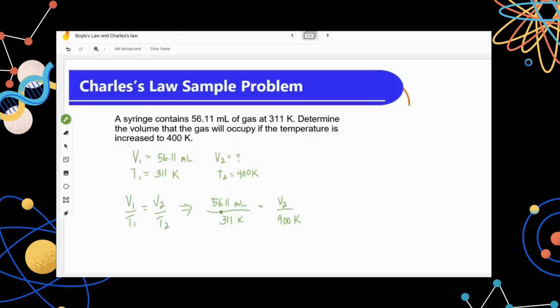So, anong pwede natin gawin? We multiply both sides by 400 or pwede rin naman na i-calculate muna natin itong nasa left tapos tsaka natin i-multiply yung 400. So, 56.11 divided by 311. Medyo mahaba po ito. 0.1804